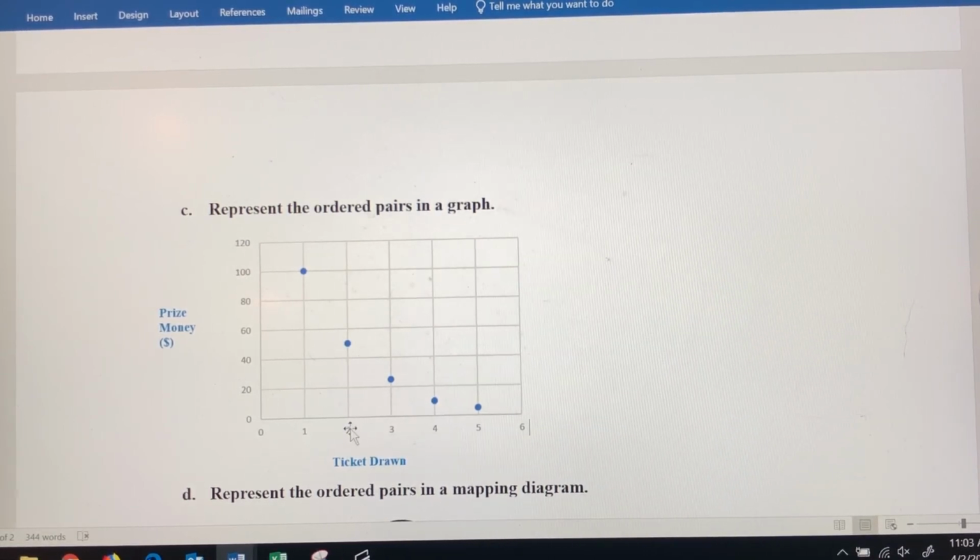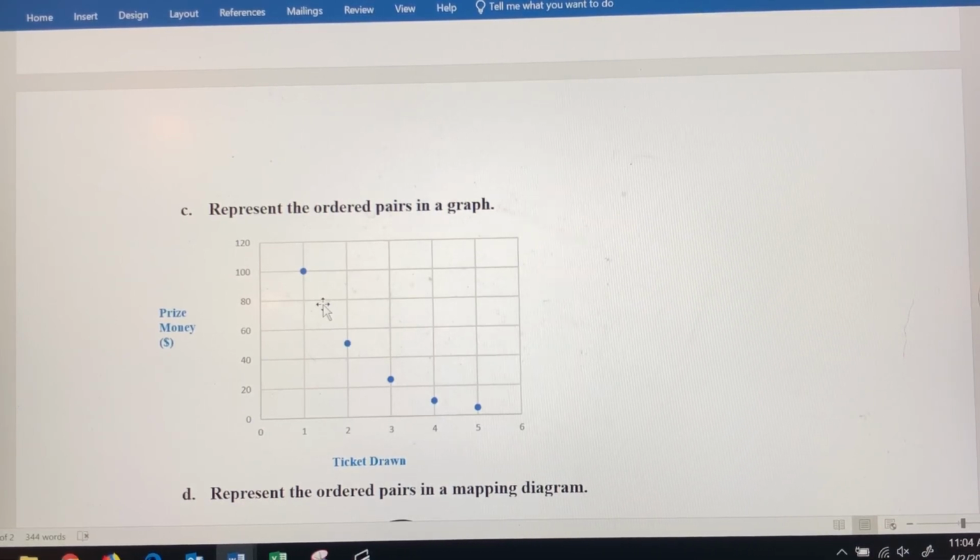Second ticket corresponds with 50. Third ticket corresponds with 25. Fourth ticket corresponds with 10. And the fifth ticket corresponds with 5. Notice that we don't need to connect these dots. This location here would be 1.5. You can't be the 1.5 ticket. You're either the first ticket or the second ticket. So if we were to connect these dots, you're assuming then that 1.5 has an output,